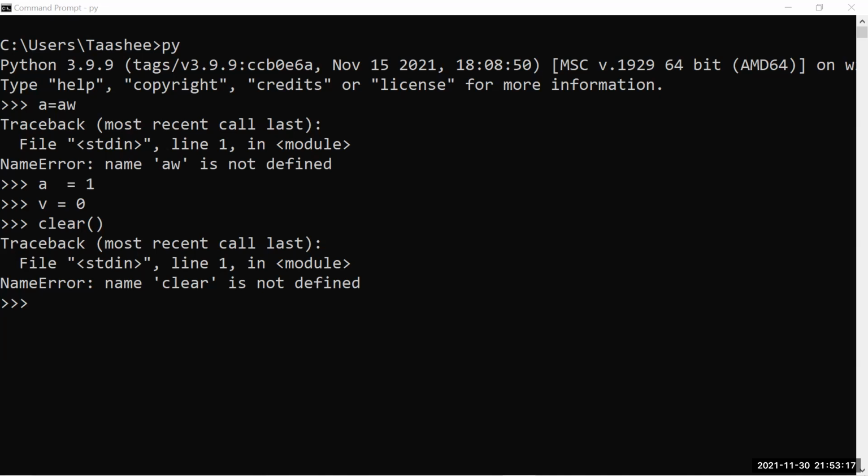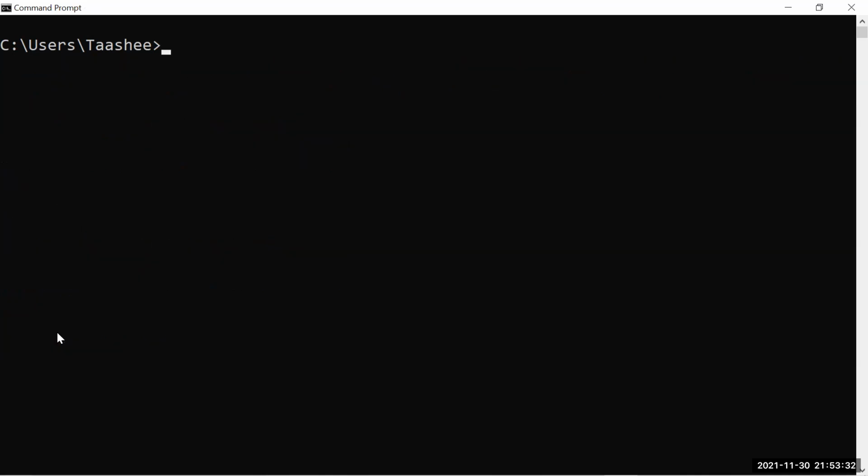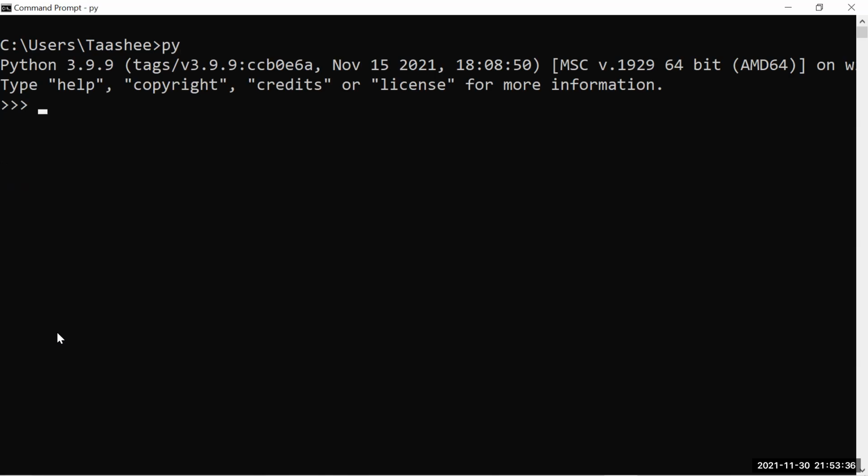Clear Python shell. You can try quit with brackets open and close. Yes, I just saw, it is exiting. Fine, no need to worry about that because you're not going to write code using this Python shell. We'll be using some IDEs to write the code.